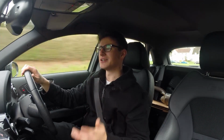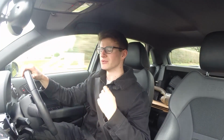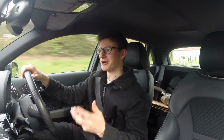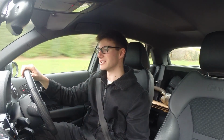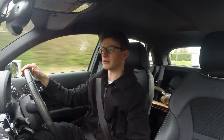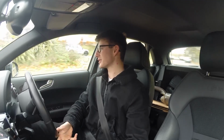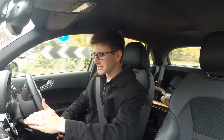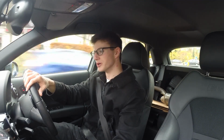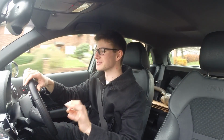Obviously this is not the start of something crazy. I'm not going to do anything too mental to the car, because obviously if you do too much to it, it will cause things to break. Obviously it's a little 1.4 litre engine. It's not built to cope with 600 brake horsepower to the wheels, for example. That would just not go well at all. But what I would say, this is kind of a little kickstart on the Project A1 series once again, kind of Project A1 Series 2. But yeah, I'm going to try my best to do a few little subtle things,